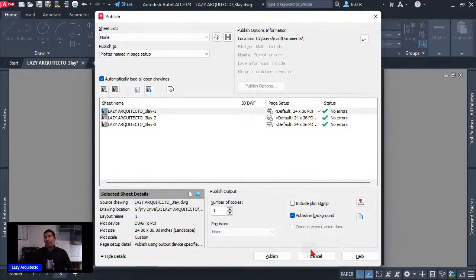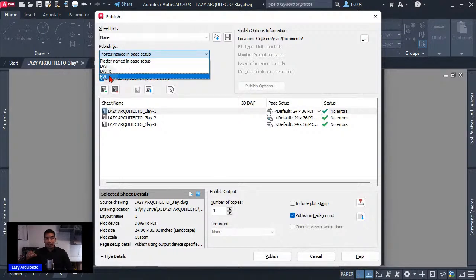I've been creating or plotting multiple drawings for many years, and I never had to worry about any of this information. So the important part is over here at the top where it says Publish to. Let's expand that. We have many different options over here. If we want to create a PDF, that's the option we will use for this specific example,